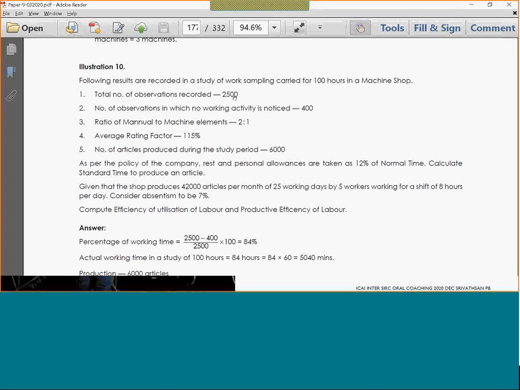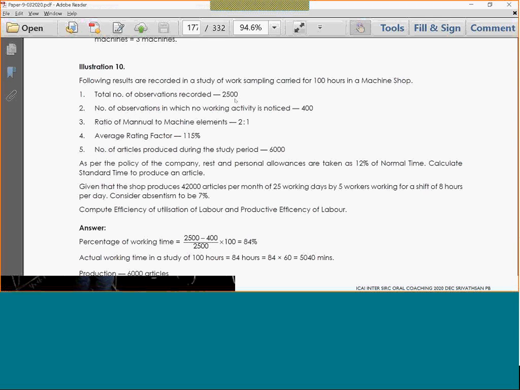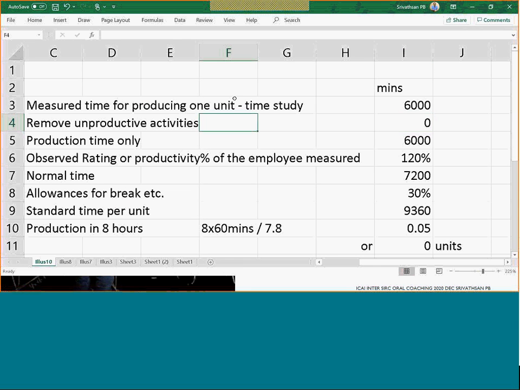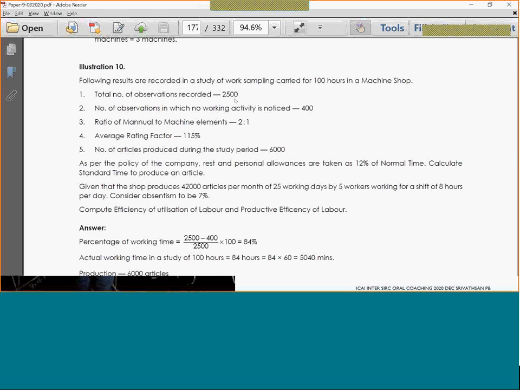The following is recorded in a study of work sampling carried out for 100 hours in a machine shop. Total 100 hours they've carried it, or let's say 6,000 minutes. Total observations 2,500, and activity noticed. So